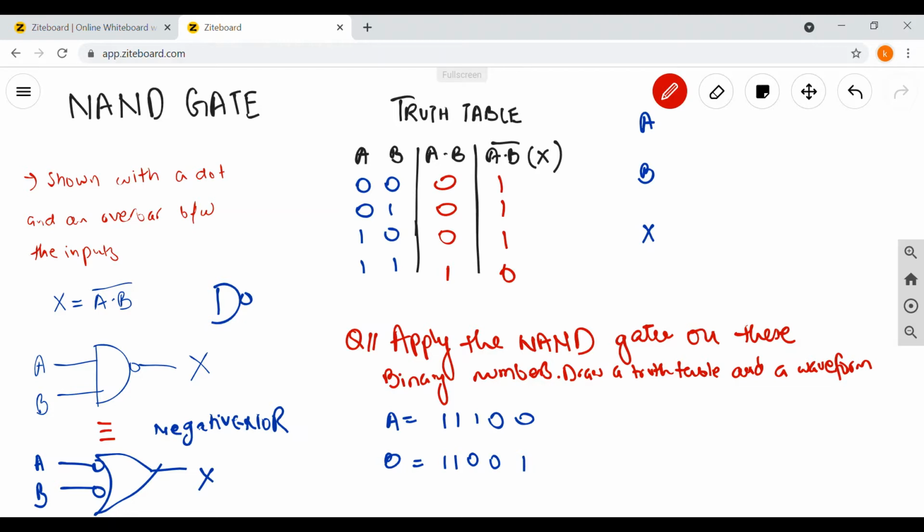So we have a question here, which is apply the NAND gate on these binary numbers, which is A equals 11100 and B equals 11001, and then we have to draw a truth table and a waveform too. So let's make the truth table first. Sorry, we've already made the truth table, we'll just make the waveform, which is basically gonna be